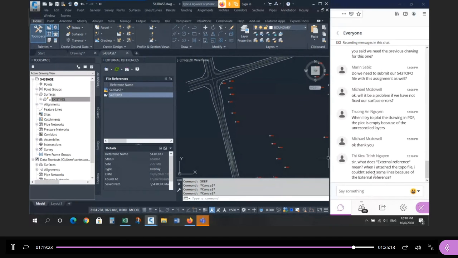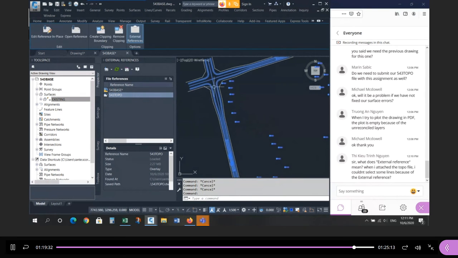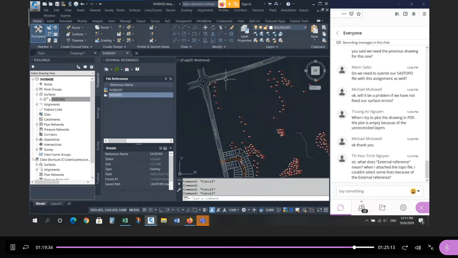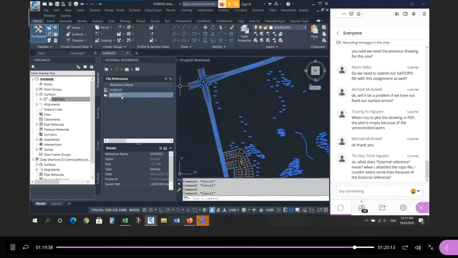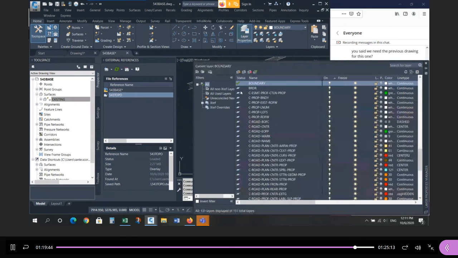I couldn't see some lines because of the external reference. When you do the XREF function, whatever state these layers are in, so for instance, if there are layers frozen or off in the topo file at the time that you reference it to this file, you're going to see those layer states. So for instance, in the topo file,